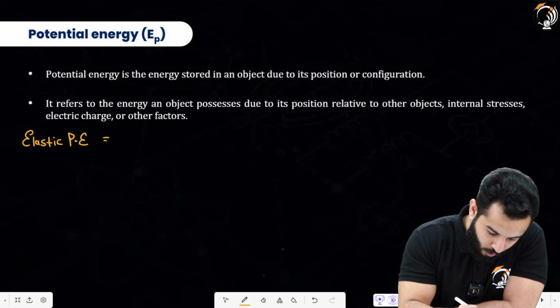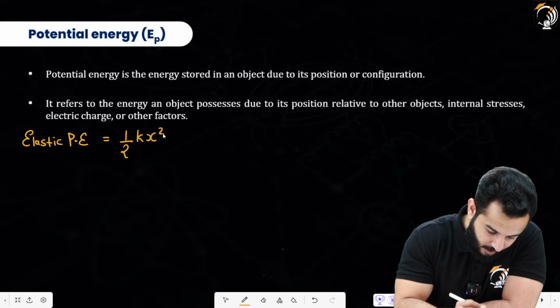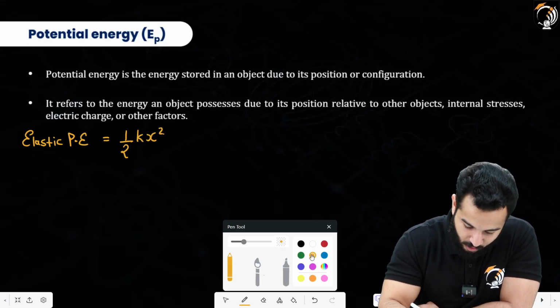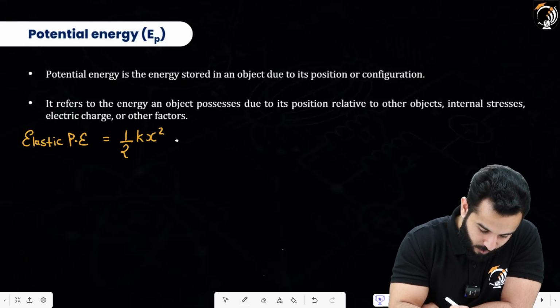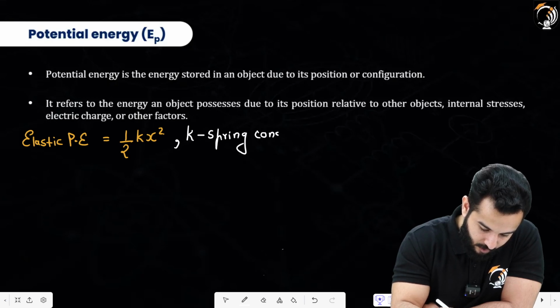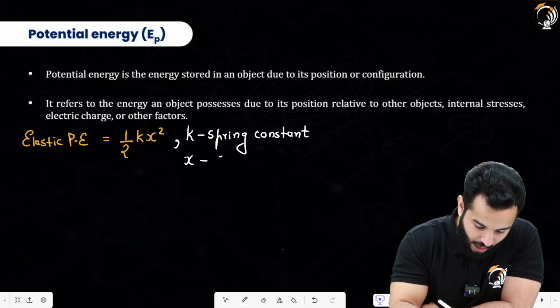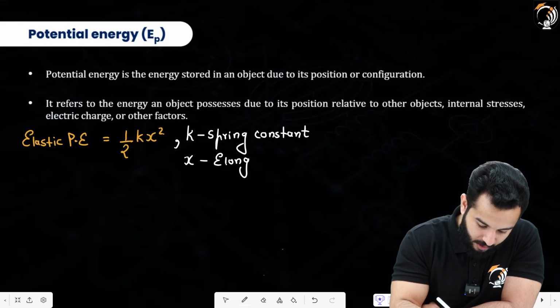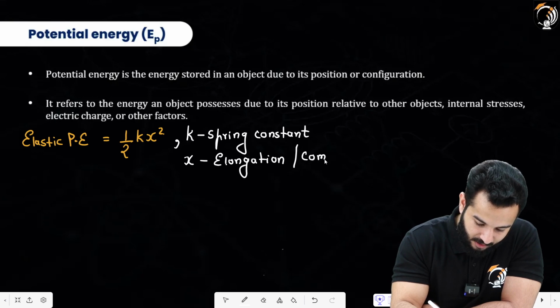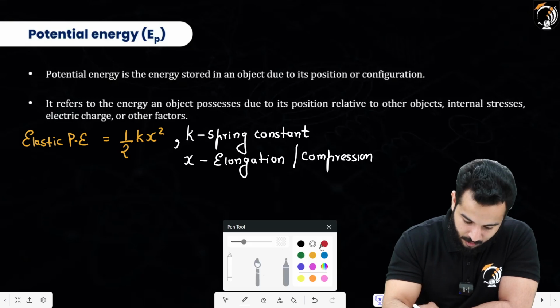So when we are going to talk about elastic potential energy, its potential energy is half kx squared, where k is the spring constant. I'm going to also write it down for you, where k is the spring constant and x is the elongation in the spring, or elongated length, or compressed length. Similar to that,